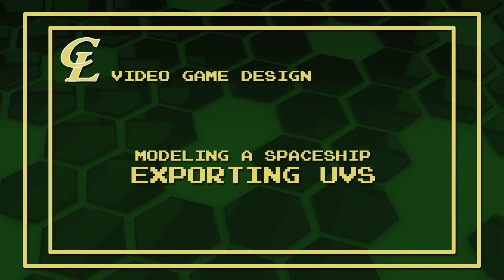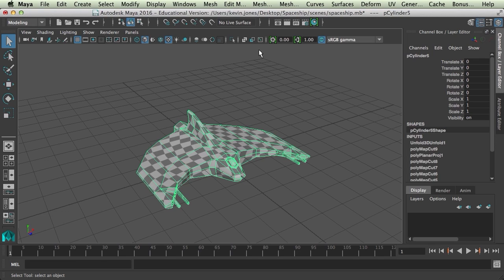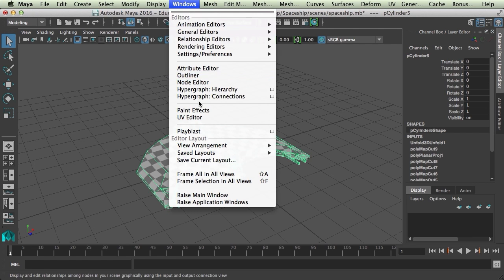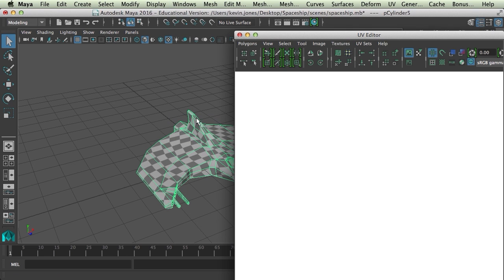Welcome back, everybody. In this episode, we are going to be transferring our UV map into Photoshop so that we can paint that texture and then eventually bring it back in to Maya and put it onto our spaceship. So to do that, make sure your spaceship is selected, and we're going to go to Windows, UV Editor if it's not up already,